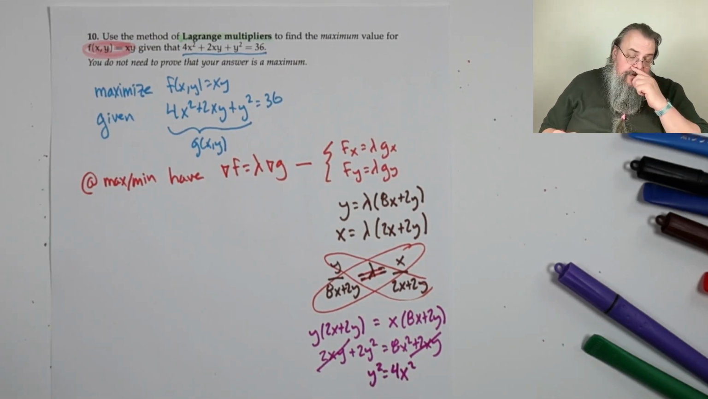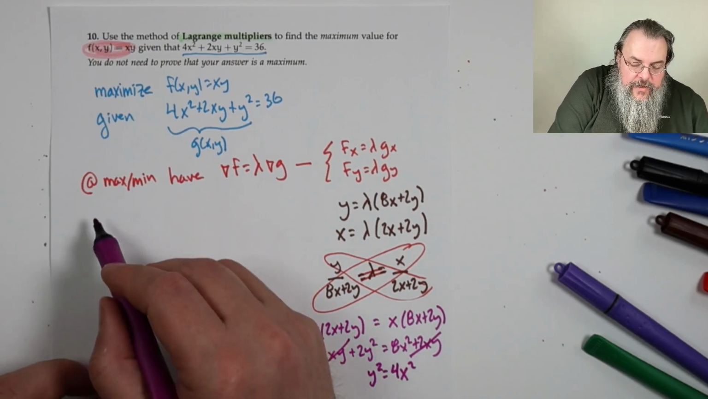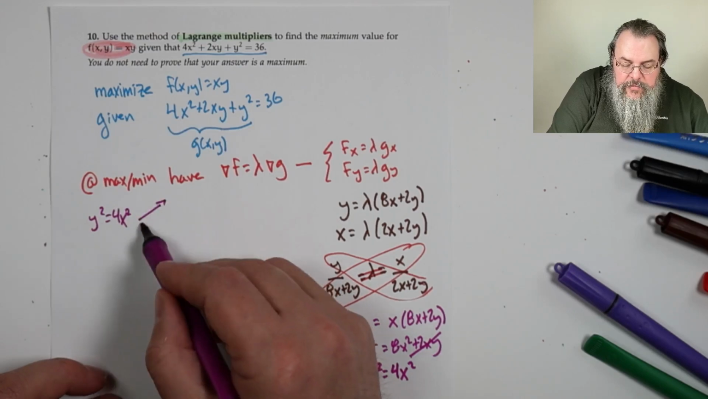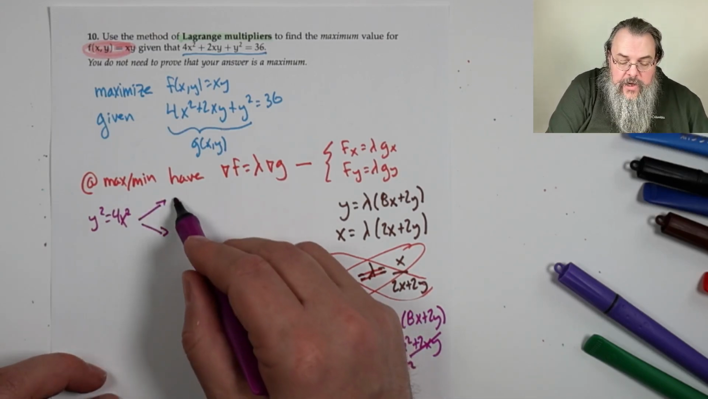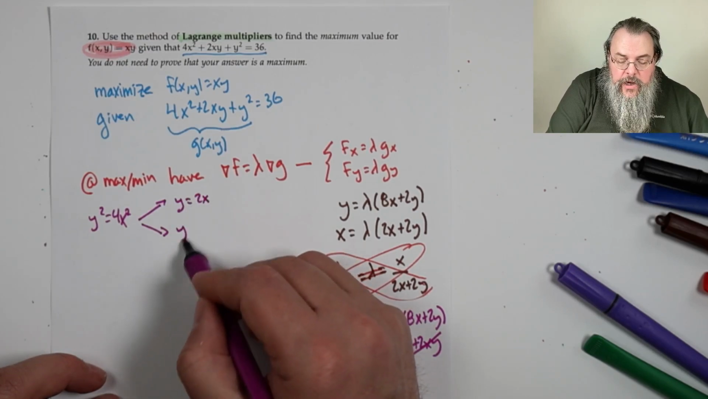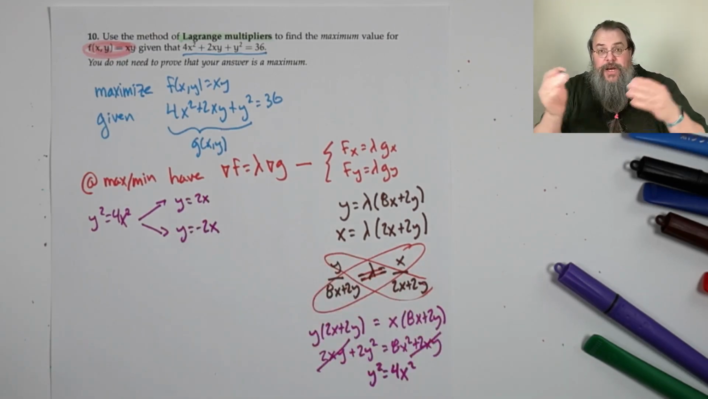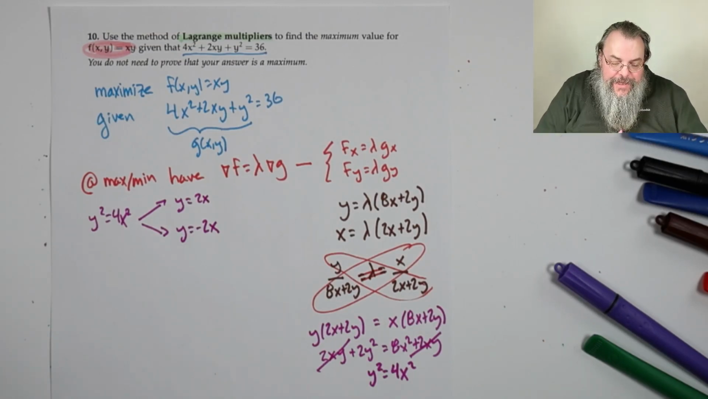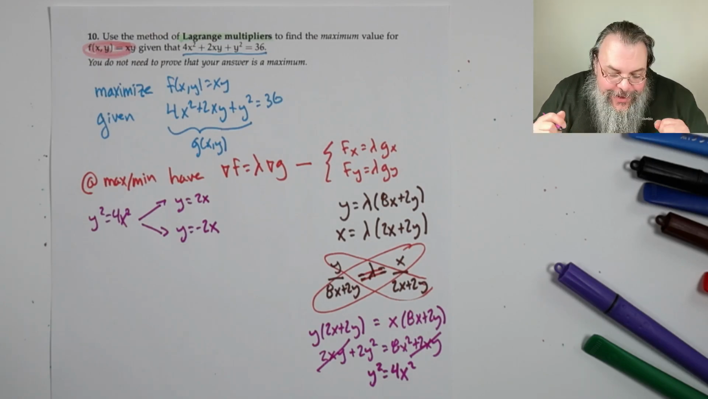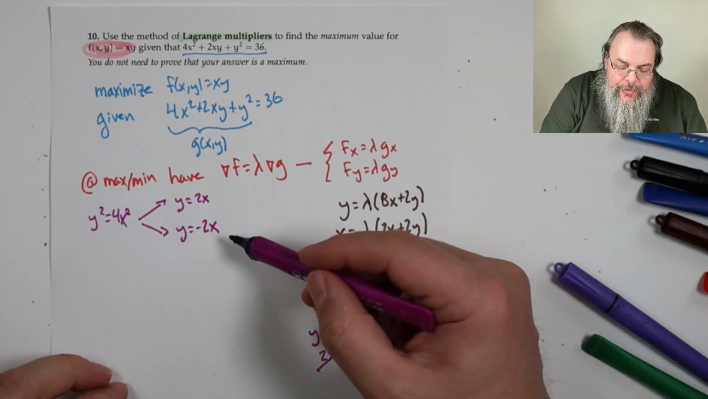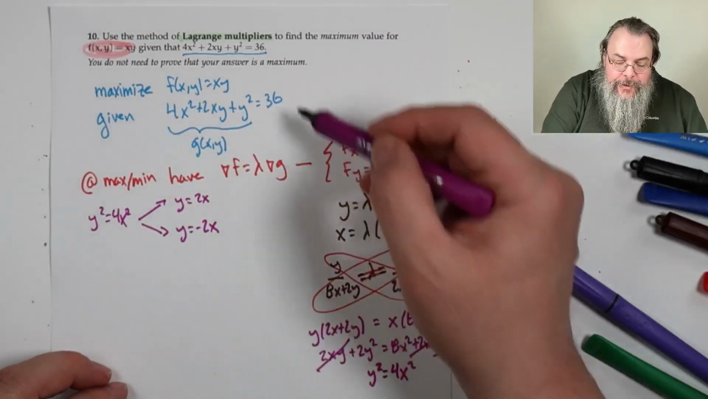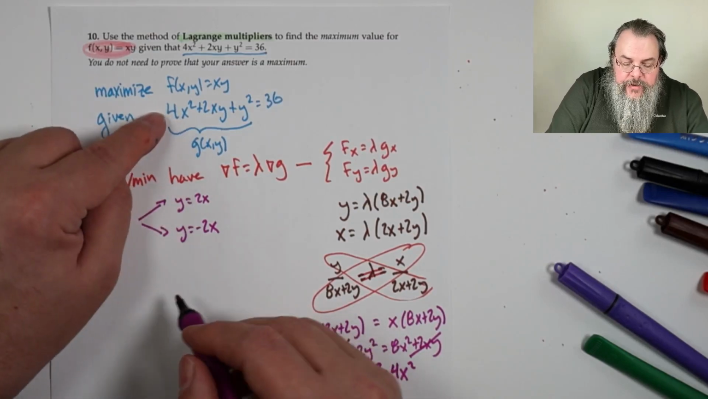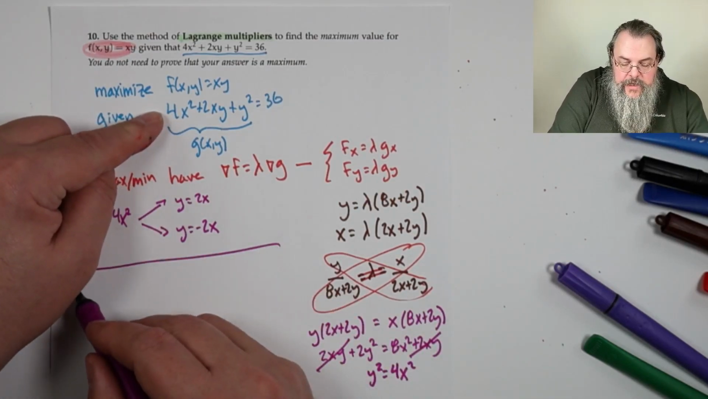So our new relationship is y squared equals 4x squared, which splits into two possibilities: y equals 2x, y equals negative 2x. Imagine you take the square root of both sides, but when you do square roots, you always have that plus or minus coming into play. Now, this we're going to mix in with our original constraint. Everywhere we see a y, we're now going to put 2x. So for y equals 2x,